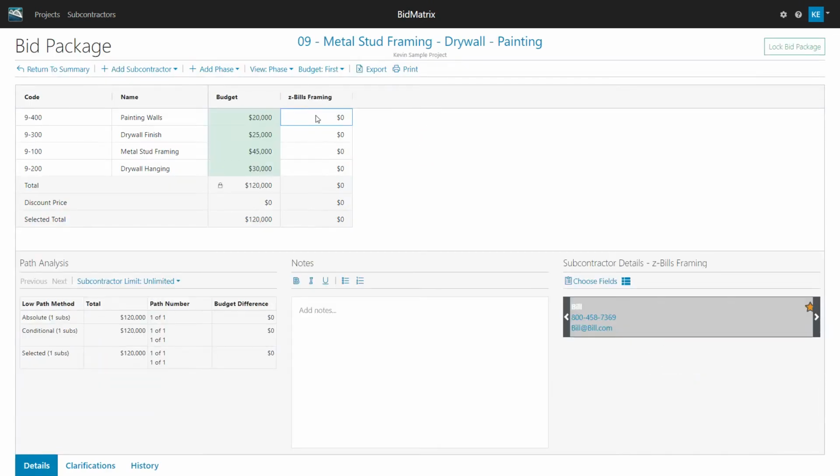So as I now have somebody that has maybe given me a bid, I can come back and put those values in. So I could come back in here, and let's say that this one was 19,000. And let's say that Bill's Framing only does framing. So in this case, maybe that's all I'm going to have at that point in time. If you notice, it says that it's using the 19,000 here. It's still using my budget on these other tasks.